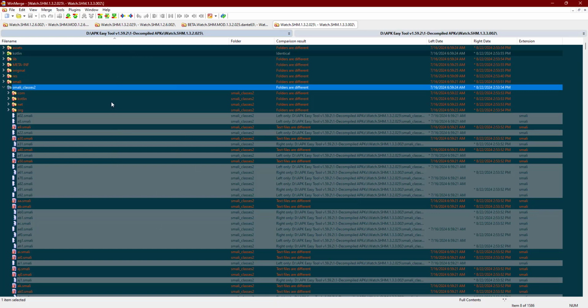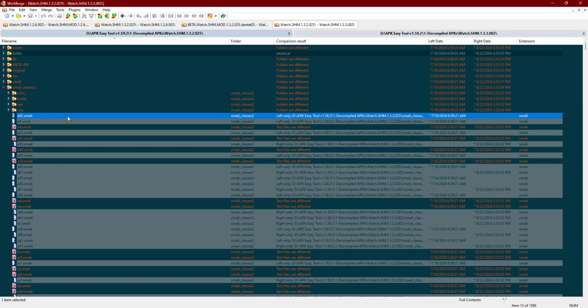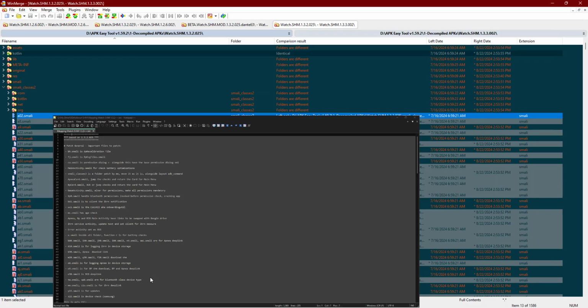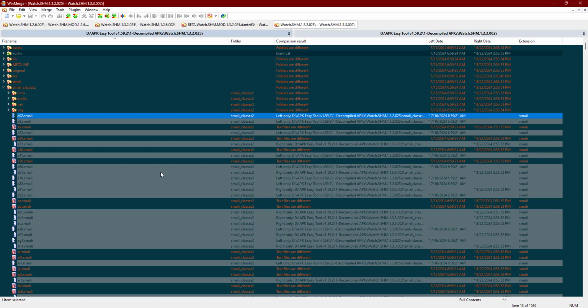Apparently packages keep changing their names and methods, keep shifting and moving around. As you can see, what once was on the left is no longer on the right, and what is on the right is not on the left. So this calls for new mapping, because my current mapping is not necessarily going to be applied immediately. So every new SHM mod I have to release for the watch will probably be delayed, because it depends on how much has changed and how fast I can map the methods and functions, and that's pretty much it.